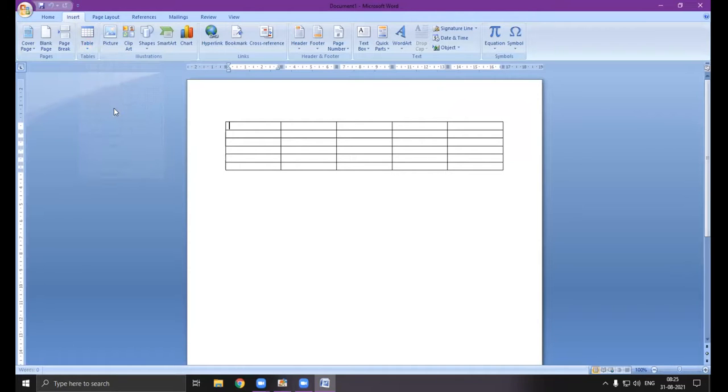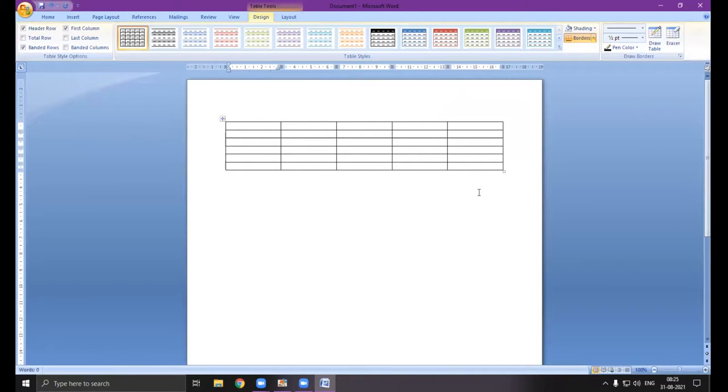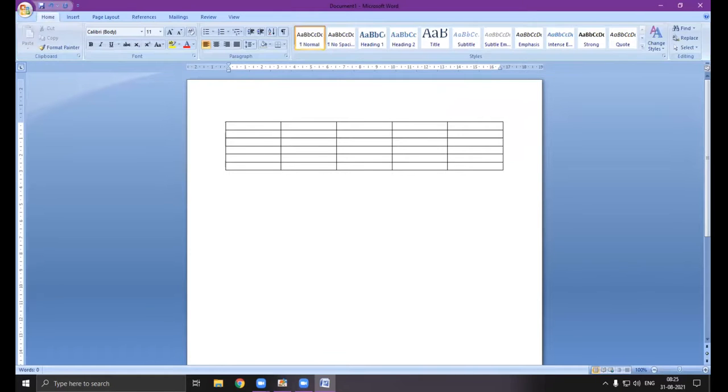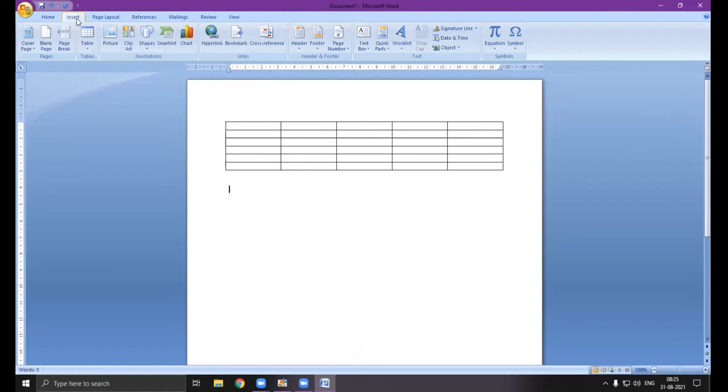Okay, here I have entered it. Now the first assignment is done: 5 columns and 6 rows. Okay, the next assignment is that we need to create a table in which name and age will be the columns, and we need to fill in the data.